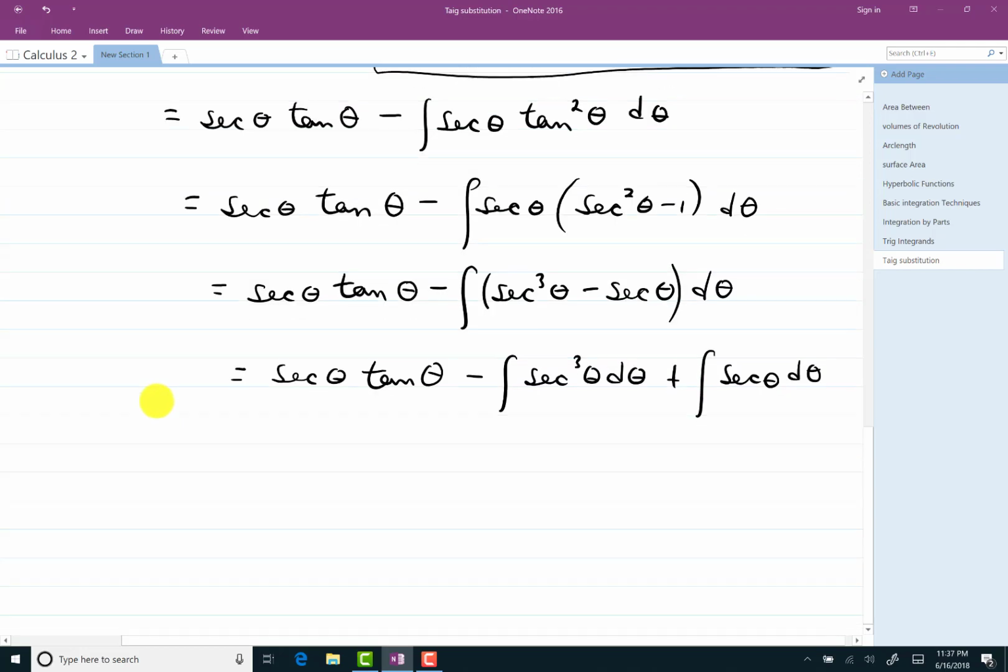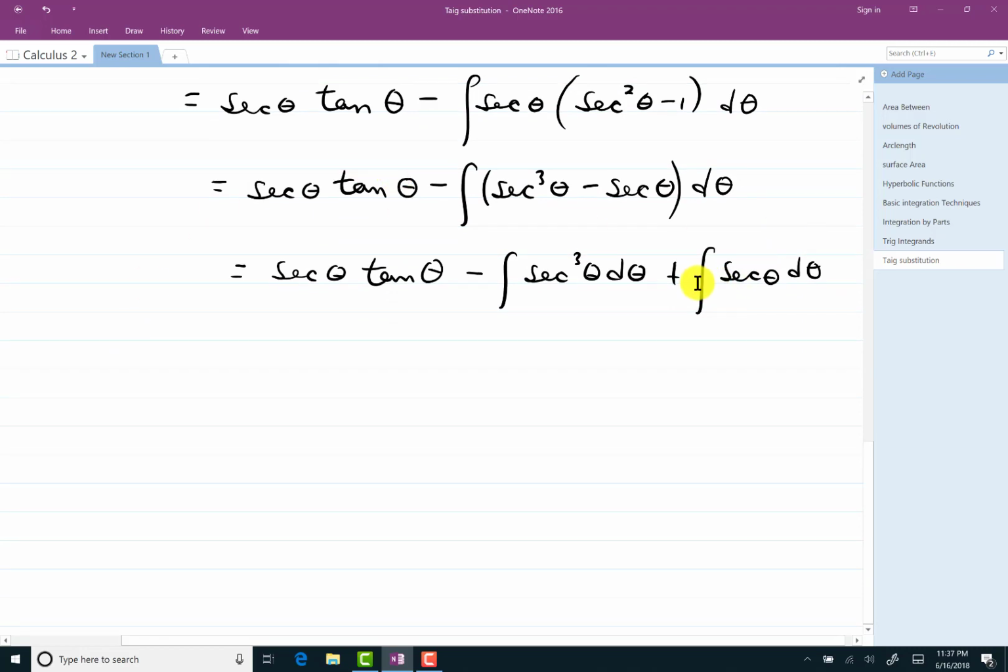All right, now we have a formula for the integral of secant theta. What I'm going to do then is add secant cubed theta to both sides. So on the left-hand side, I'll get 2 times the integral of secant cubed theta d theta. Over here, I will get secant theta